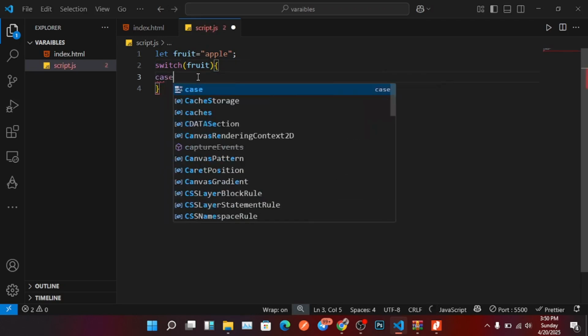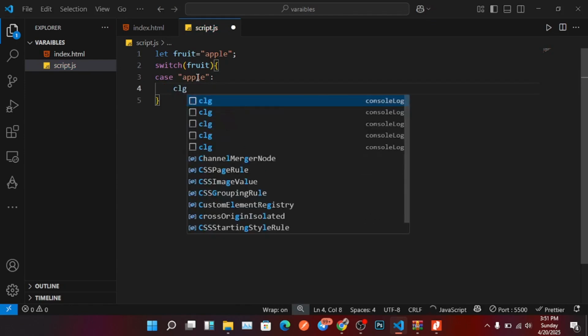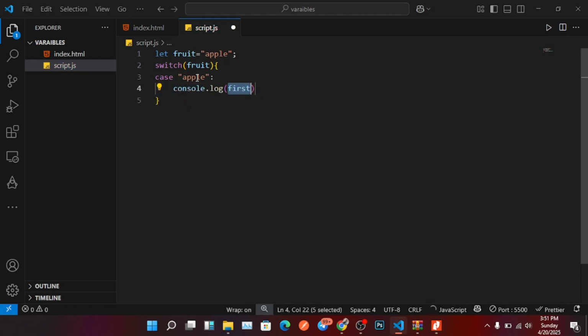The first case is if it is an apple, we execute a certain block of code: console.log "apples are sweet",